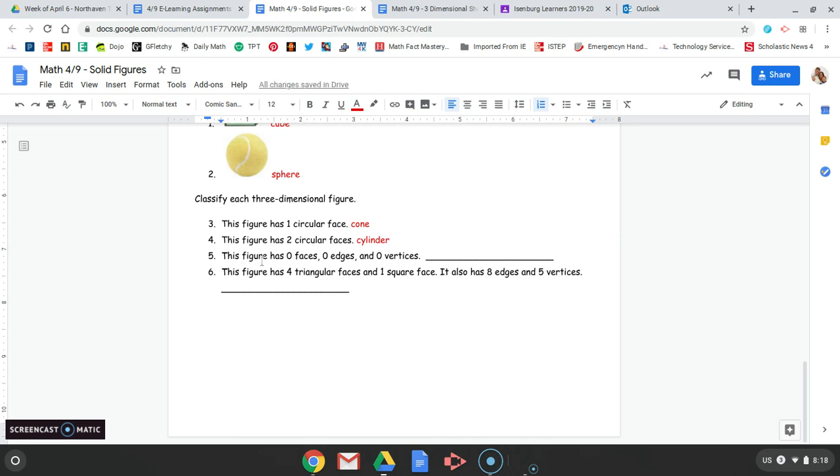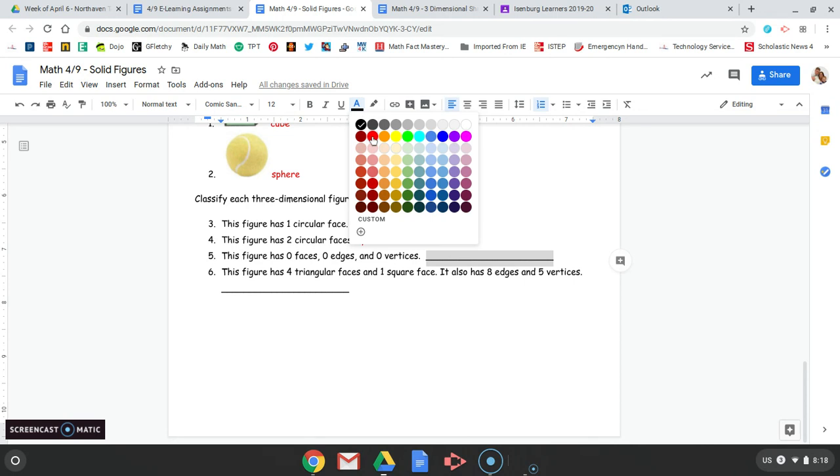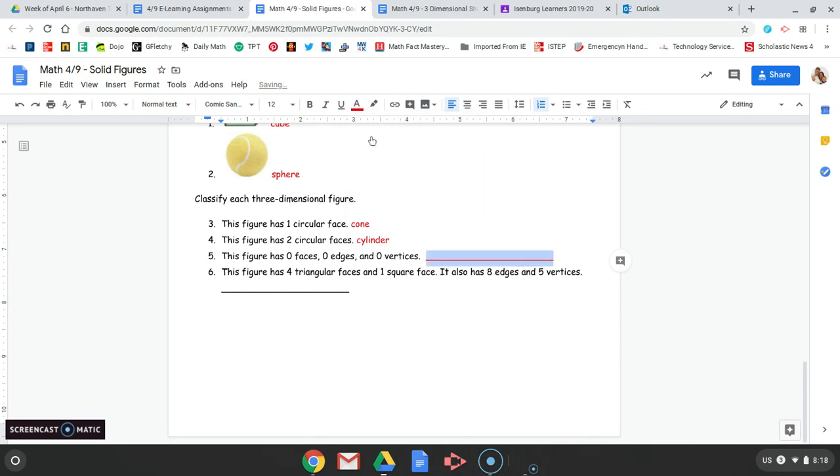Number 5, this figure has 0 faces, 0 edges, and 0 vertices. It almost sounds like it's not even there, right? That is a sphere because it's rounded everywhere. Last one, number 6, this figure